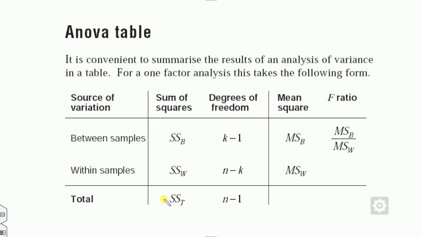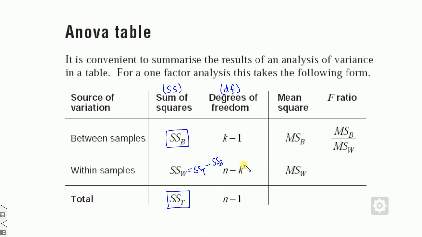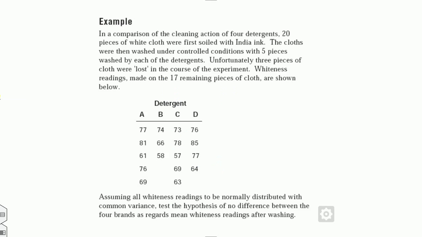So you always calculate this value, S, which is called the sum of squares. Degree of freedom is called DF, and you have to calculate this value only. Once you know this and this, you can calculate this value easily: SST minus SSB. Look at that, this is SS total minus SS between the groups. So I just use this one. Similarly, for the others, this value is calculated by this divided by this. I explained this in a couple of slides.